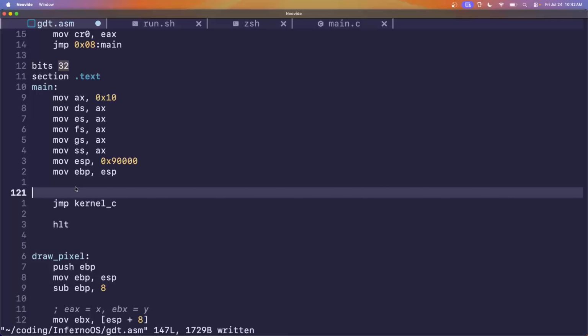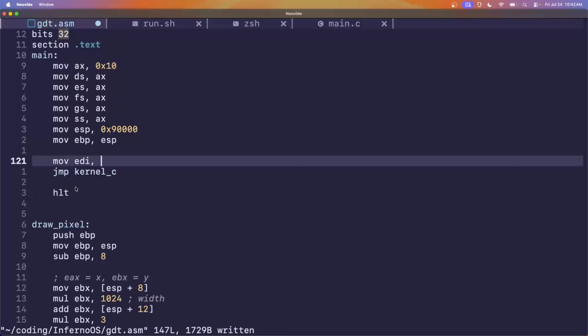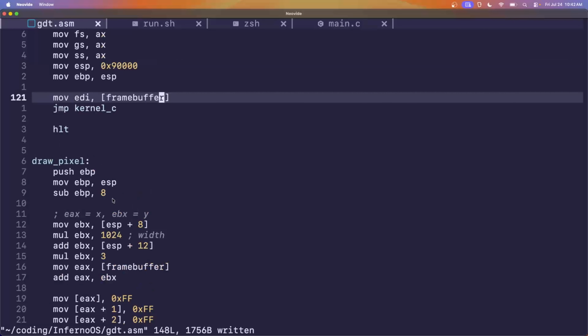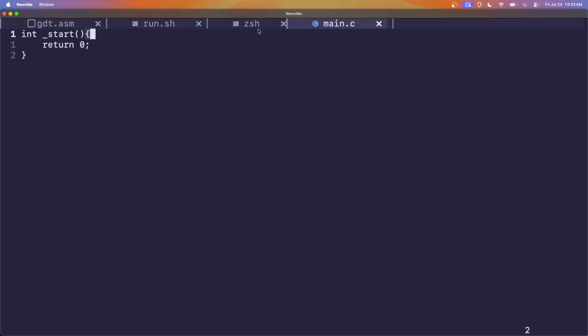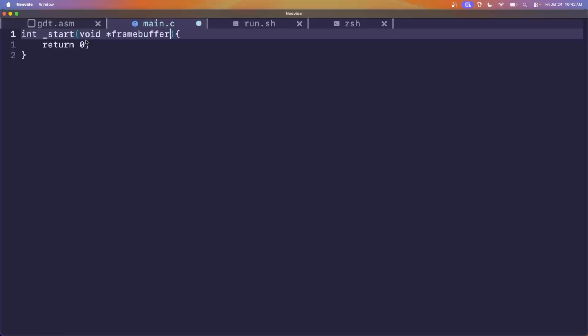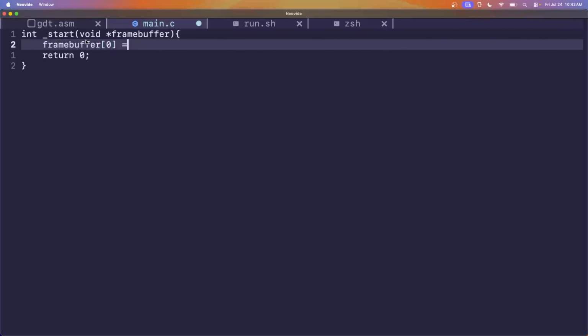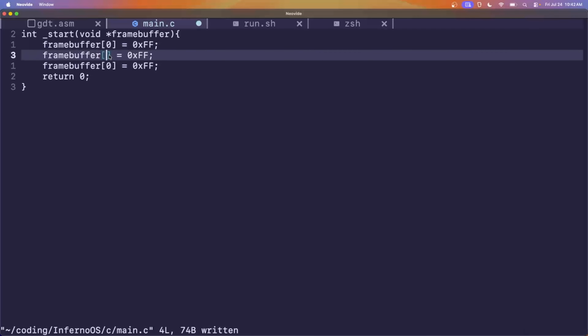And then we can move EDI, which I'm pretty sure is the argument, to our framebuffer. Pretty much the only argument we need to give. And then we can give ourselves a void pointer framebuffer. Just say framebuffer 0 is equal to